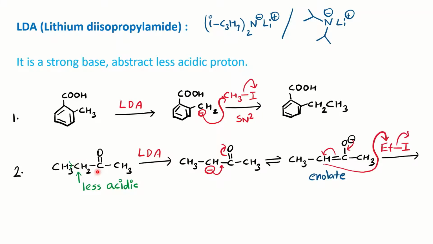So once we find the less acidic proton, the carbanion you are supposed to form on that carbon. And now you can see, since conjugation possibility is there, this C-H negative charge will give its electron to the C-C bond, followed by the C double bond O, and the oxygen gets a better negative charge.